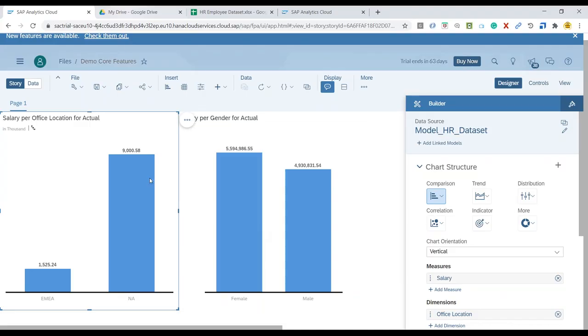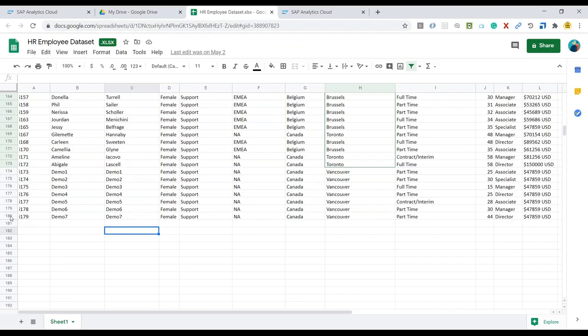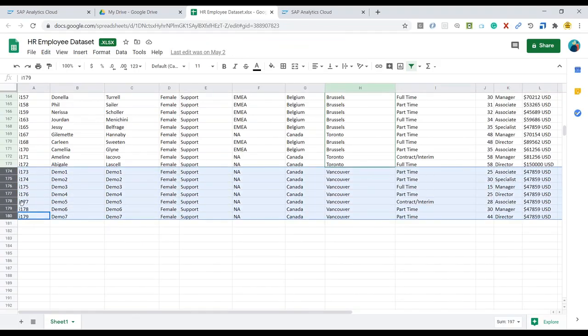Okay. Now, the next thing I want to show is data update. Let's switch over to data update now and see if I add new data to my Google Sheet, will it appear or not? So I'm going to switch over here. Let me add a couple of records. I'm going to copy some records,